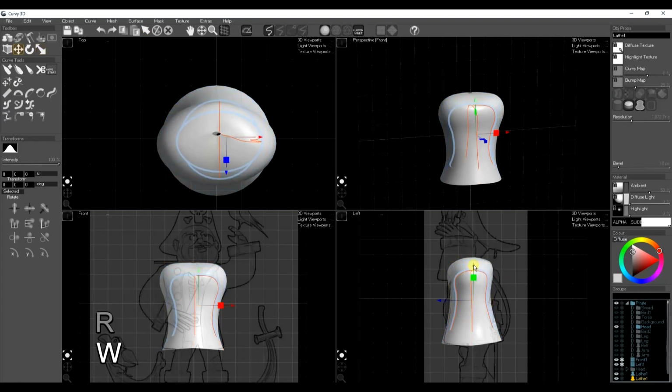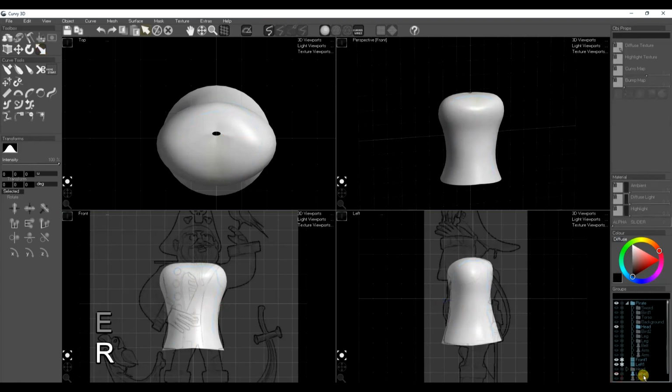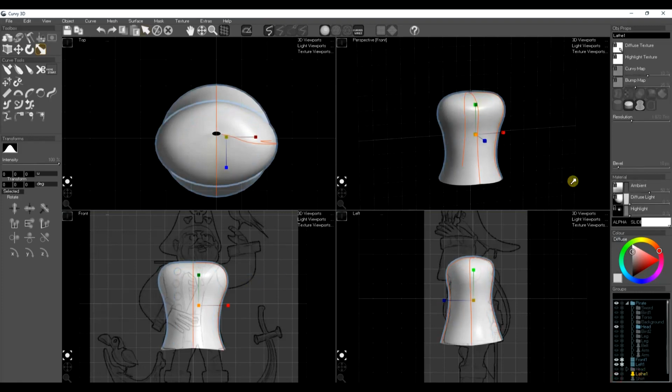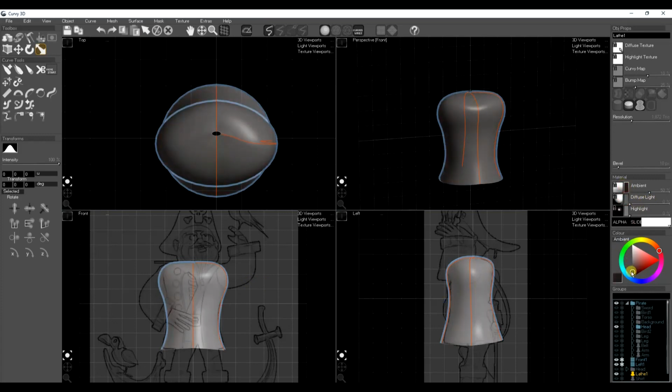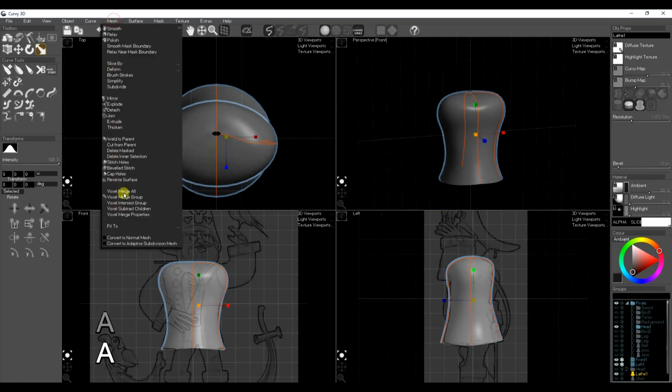I'm going to make a copy of that shape, which we're going to use for his shirt underneath his coat, and then hide the copy while we work on his coat. Just set the colour down so you can see what we're working with more easily. Now his coat is open at the front, so the way we're going to do that is convert it to